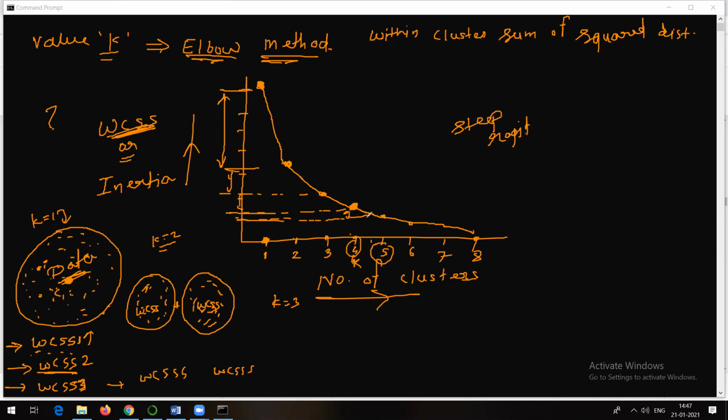So maybe in this case, we can see that after k equal to 4, the change in the WCSS is not that much rapid. In this case, it was very rapid, but then lower and then lower, and then after k equal to 4 or maybe 3 or 5, you can see that the change is not that much rapid. This distance is very, very low. And that's why we will go for maybe k equal to 4, or some people will go for k equal to 5 by looking at this particular diagram. And why is it called elbow? Because the shape of this particular thing is like an elbow, and that's the name, elbow method. That is the only thing, right?